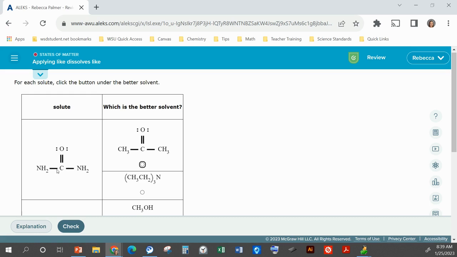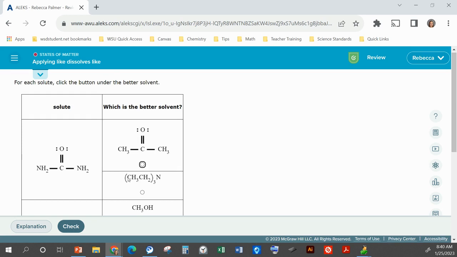So these look really similar, right? You agree with that? This one has hydrogen bonding. So notice we have nitrogen bonded to a hydrogen. This nitrogen only has 3 bonds, so it also has a lone pair. It's not shown. But there's also a lone pair on this oxygen. So this has hydrogen bonding, it's polar,